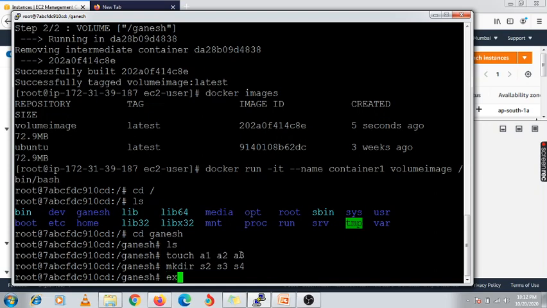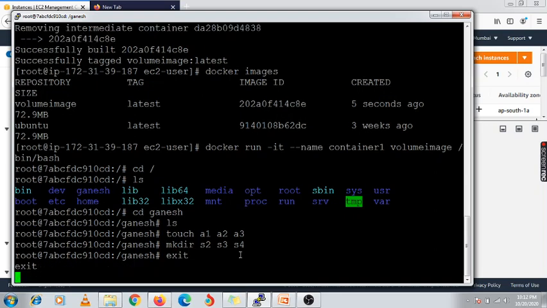First I'm going to exit from this container, and I need to type one command: docker run -it --name, and we need to mention the new container name. I'm giving the name new container one.